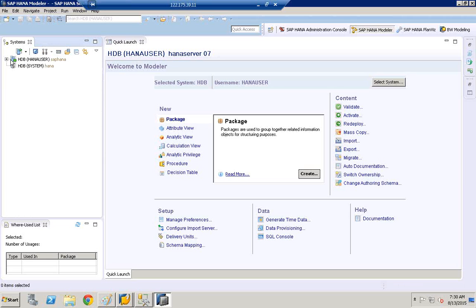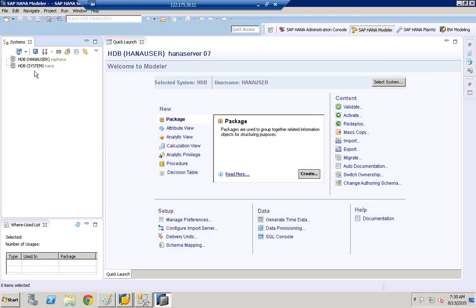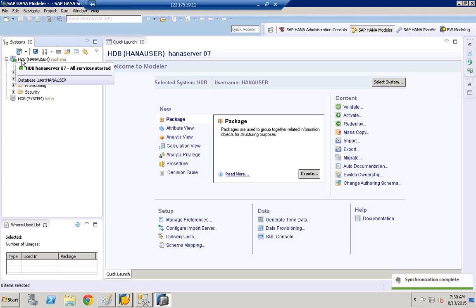So today, what I'm going to show you now, let me disconnect this. If you want to disconnect, because I already logged in, right click on the system and click log off. Now you want to connect. In any case, if the system is logged off, right click on the system and click log on. So automatically the system gets logged in without entering the username and password. The reason being,